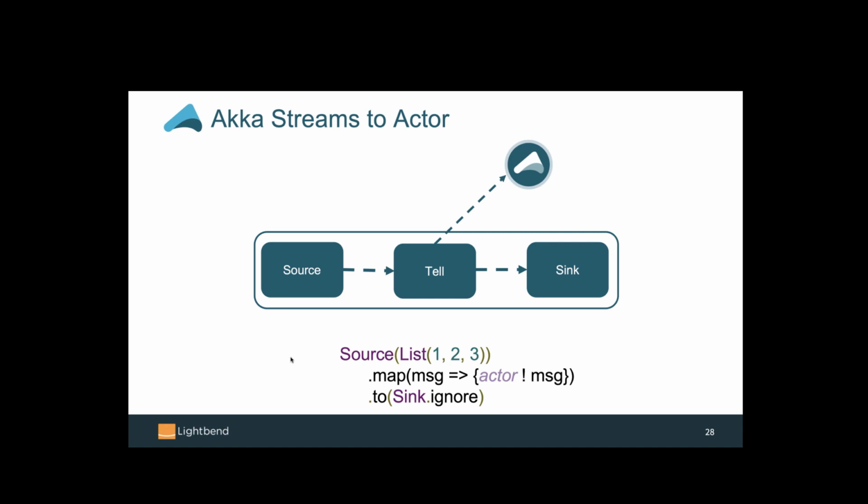It's just that if the actor's mailbox gets full, then messages are going to get dropped and lost. Sometimes that doesn't matter. If an actor can't process something immediately, we might as well just ignore it and pretend it never happened. But if you want to make sure that your stream will slow down based on how fast an actor or a pool of actors is going,